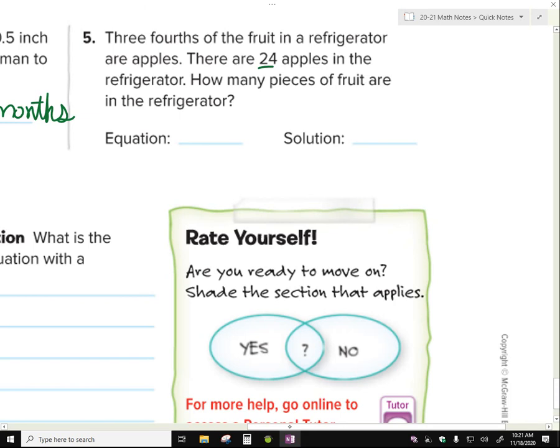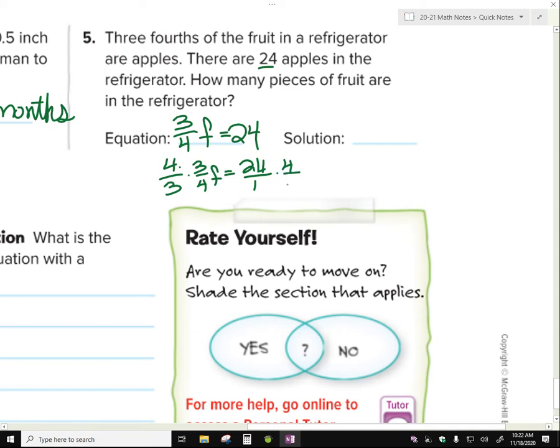There are 24 apples in the fridge. How many pieces of fruit are in the refrigerator? So 24 is what we know. But we don't know 3/4 of the fruit. So 3/4 of what we don't know is 24. And that represents how many apples are in there. I need to multiply by the reciprocal. 3/4 f equals 24 over 1